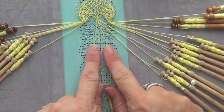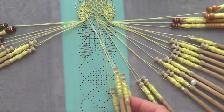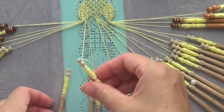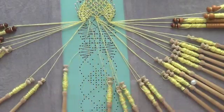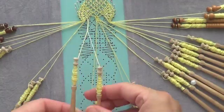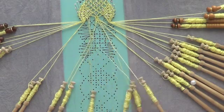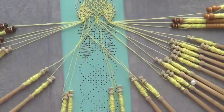So these legs are already twisted, so we've already done that. We're bringing in the next 2 pairs, so they're those ones there, and you're going to give those 3 twists as well. Okay, 1, 2, 3, 1, 2, 3. And just the same thing, so we start with this second pair that's right here, and we're going to do hole stitch over, and then the far left pair is going to come over